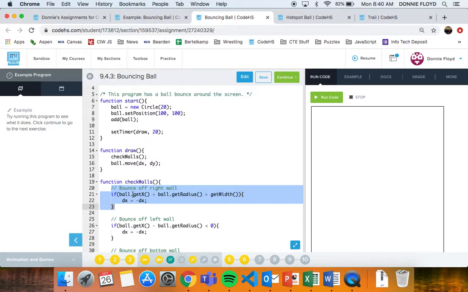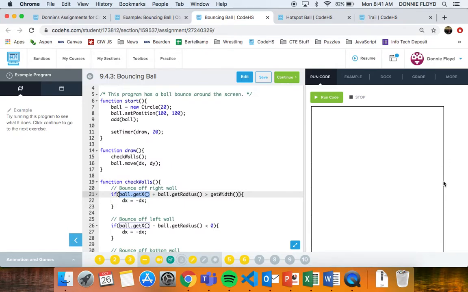To find the right side of the ball, we did ball.getX. This is our function, or our object method. So I'm talking about the ball, and I'm getting the current X location of the ball. If that current X location plus the current radius of the ball, now if we had a radius variable up here instead of 20, then we could just use the variable radius, but this just uses ball.getRadius. So we find the current X, which is the center of the ball, we add the radius, and we get the right side. If that is greater than getWidth, which is this line over here,